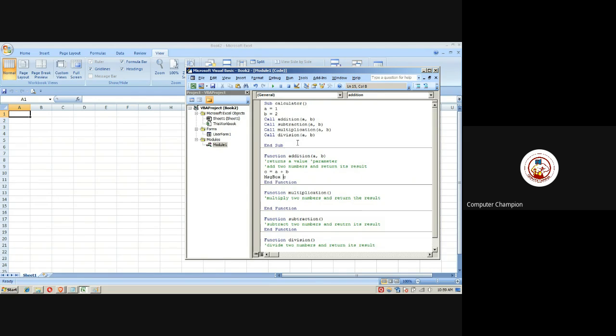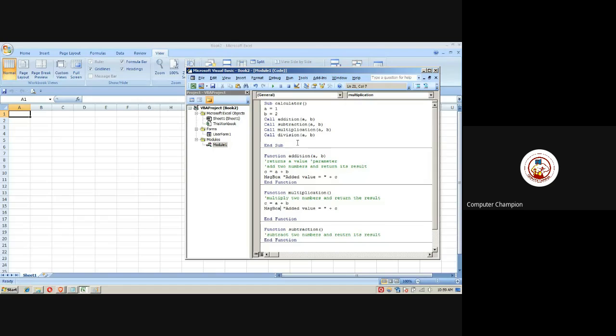I can write my own message also here: Added value equal to, this way. Then I can write here C equal to A minus B, and A into B multiply value.